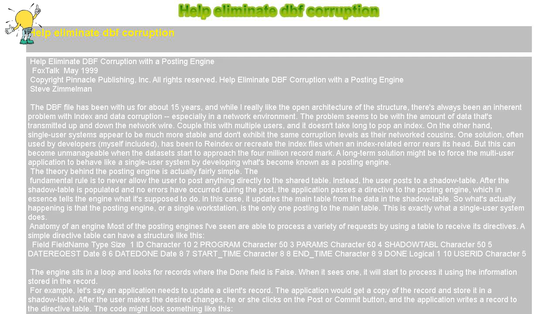The application would get a copy of the record and store it in a shadow table. After the user makes the desired changes, he or she clicks on the post or commit button, and the application writes a record to the directive table. The code might look something like this: